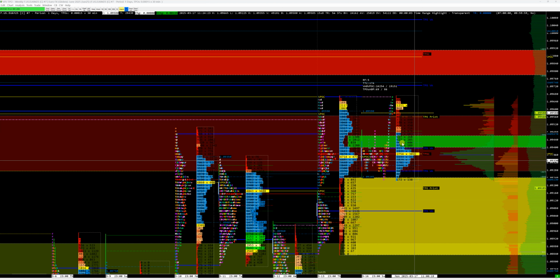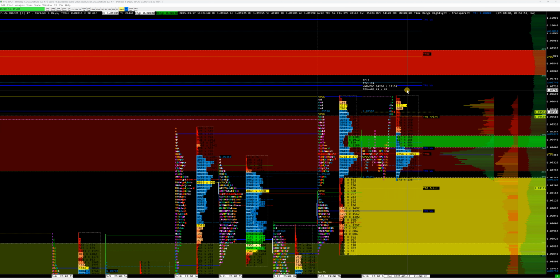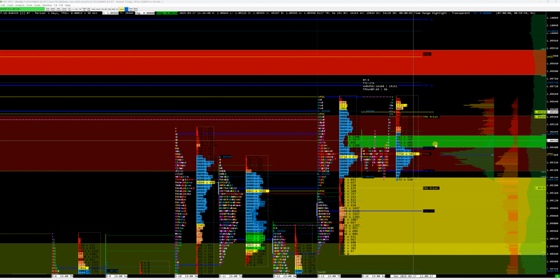So again, this was not corrected today because when we got to that point, we shot back up. So we didn't really transact much volume here. So yeah, we could go back here, spend a bit of time here, do a bit of volume here, do a bit of volume here. I mean, anything is, of course,